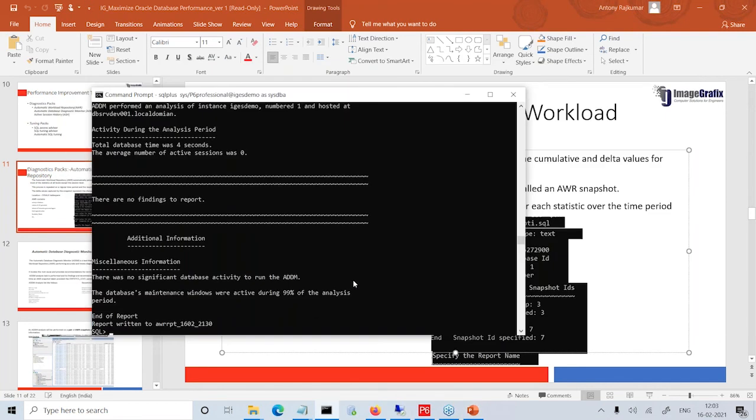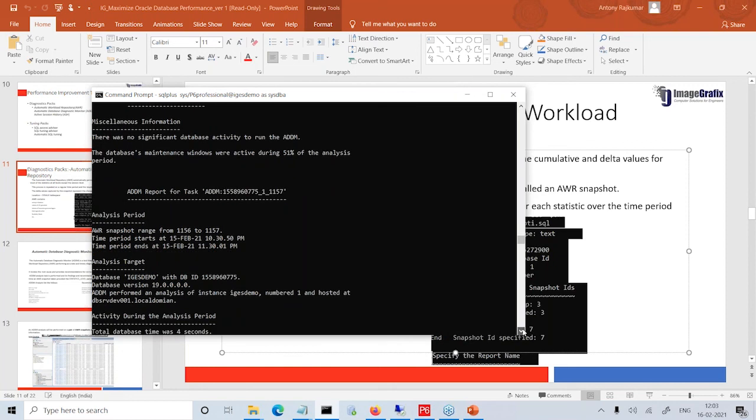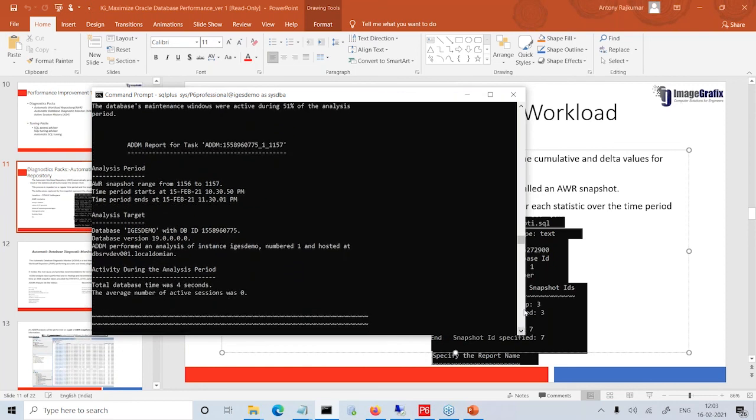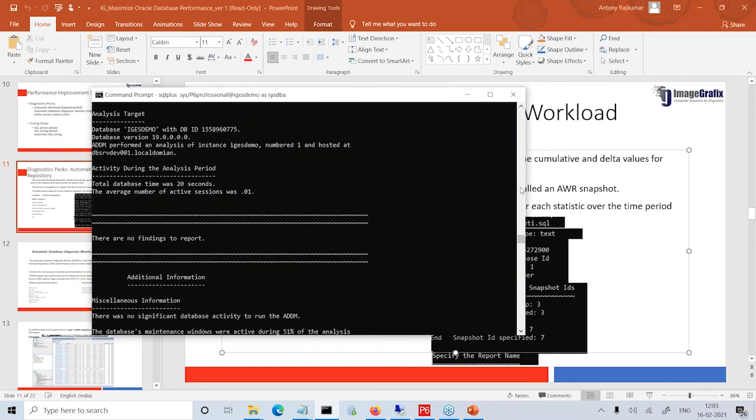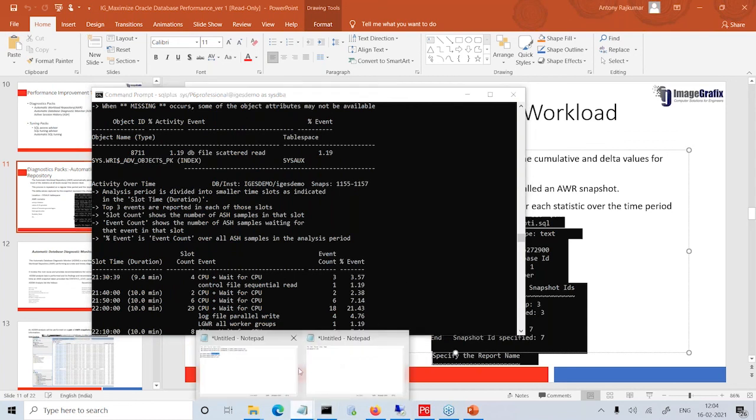As of now it's a demo environment, so I don't think it recommends any activity or suggestion. But in the production environment, it will show the list of recommendations, what it will do and what we need to do. And in the same way, I will run the other part, ADDM.